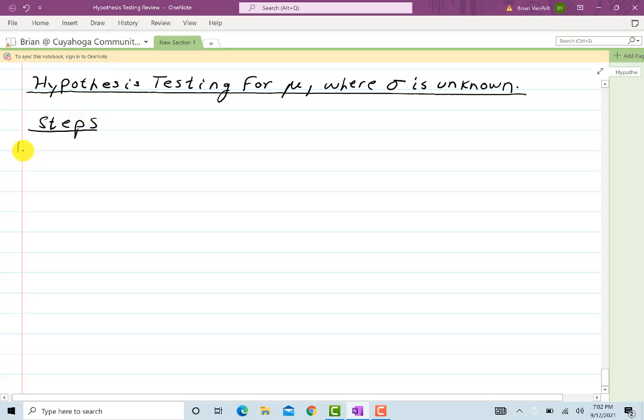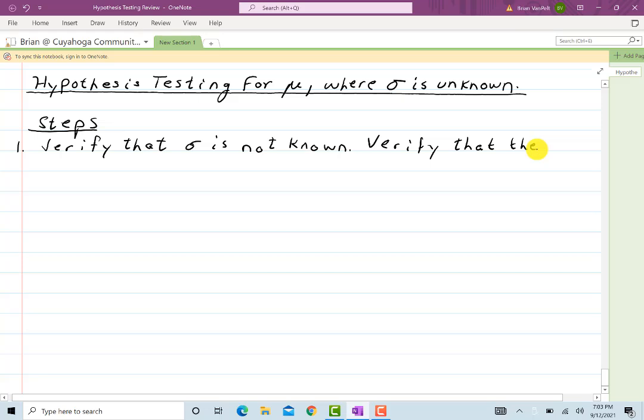What do we have? First, verify that sigma is not known, and that will usually just be told in the problem anyways. Verify that the sample is random,